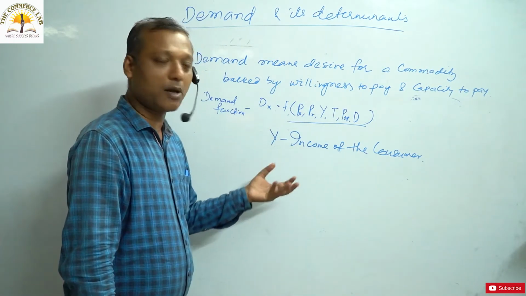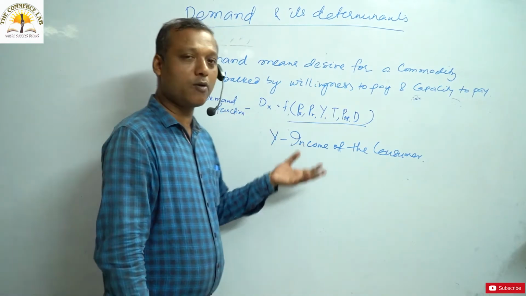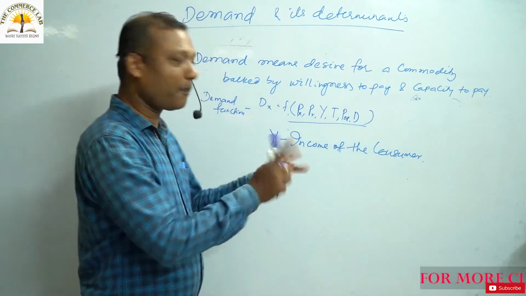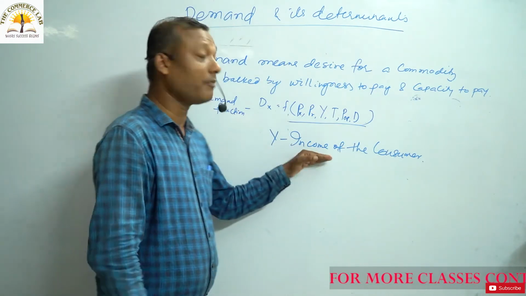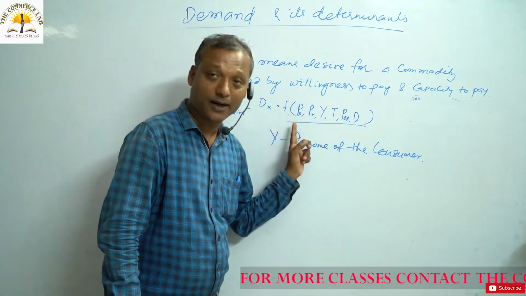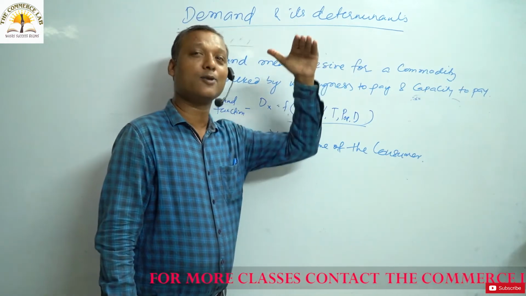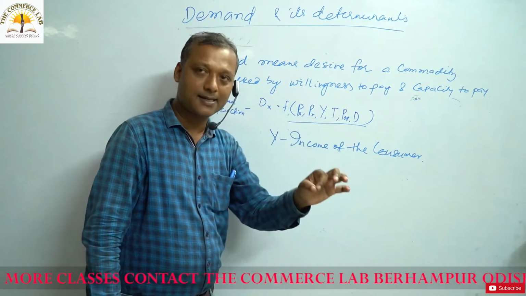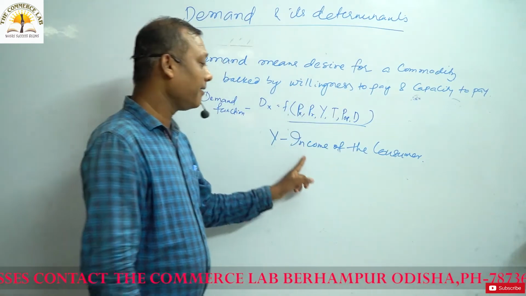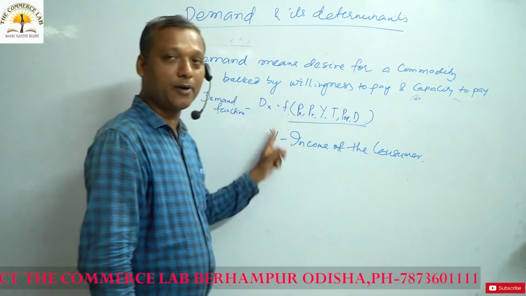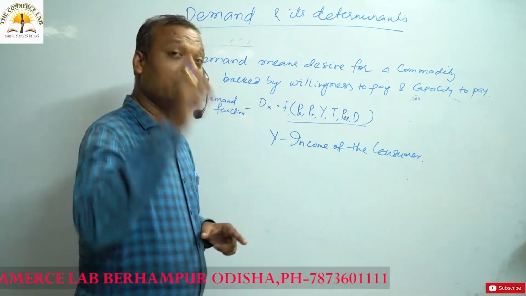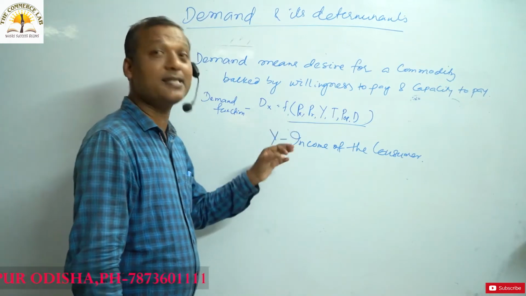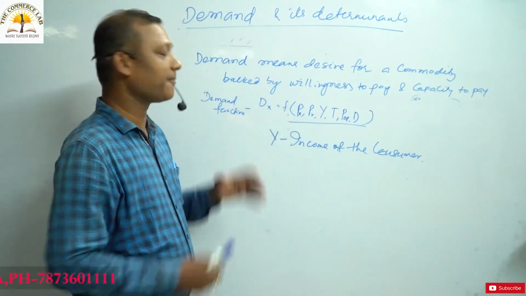And individuals who have less income, individuals who are known as poor persons, their demand is less. This is the positive relationship between income of the consumer and demand of the commodity. When income rises, demand also rises. When income falls, demand also falls. So now the answer is that the relationship between income of the consumer and demand for the commodity is positive, whereas the relationship between price of the commodity and demand for the commodity is inverse. This is your point number 3.